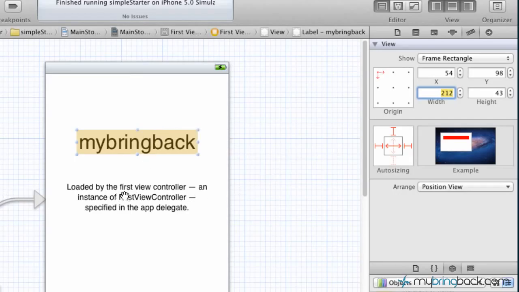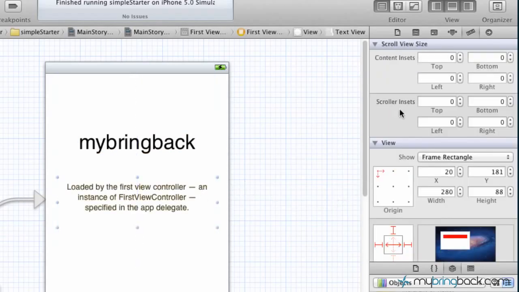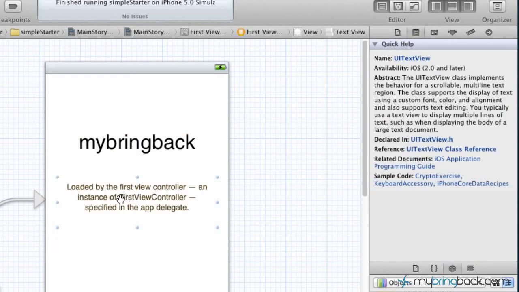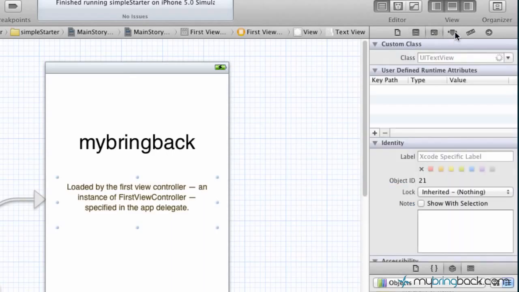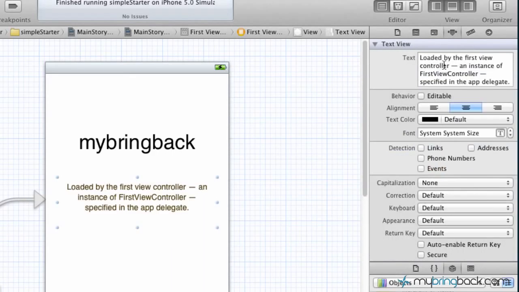So what we're going to do here now is click on the next element, and if you don't know what it is, click in your quick help. You'll see it's a text view, and so that gives us multiple lines. It also gives us a scroll bar if we need to be scrolling through multiple lines of text and all that stuff. And then we're going to go to the attributes, and as you can see, again, we've got the same thing where we can add or change the text in the text view,